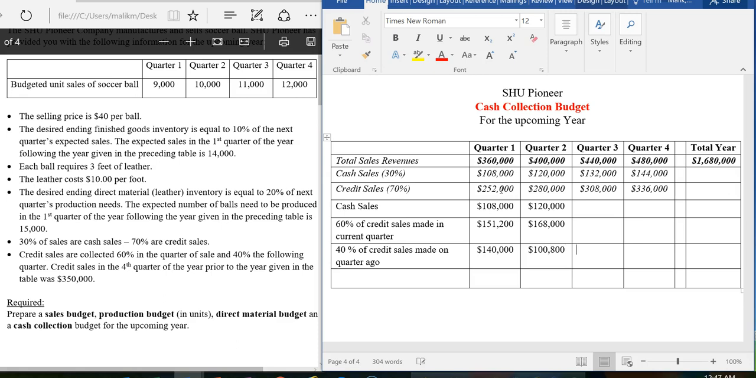100,800. Let's do Q3. Q3's cash sales, which is given $132,000. That will be collected right away. $132,000, and 60% of Q3's credit sales will be collected in Q3. That means take 60% of 308,000, and I got it. It's